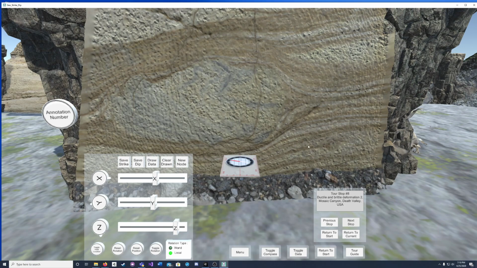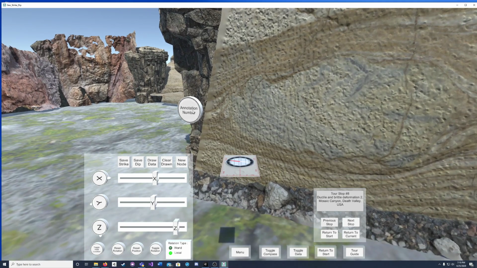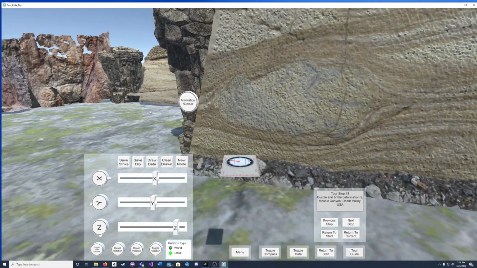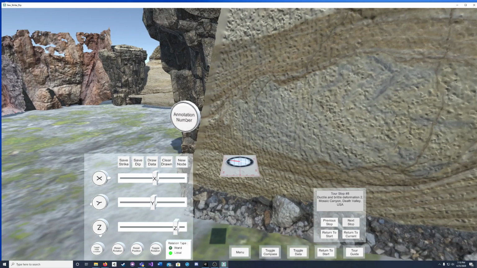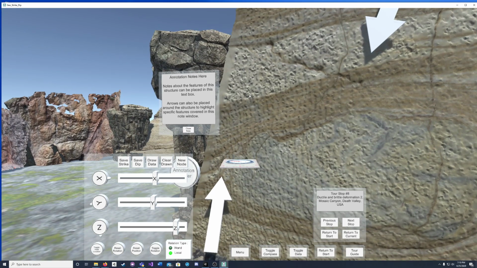So another thing I'll highlight here is if you would like to really highlight any specific aspects of any of these formations, I added little notation or annotation nodes. You can have the front of this button say a number or a letter, whatever format you'd like. But whenever your user clicks on it, it will bring up a text box window where you can add more annotation or notes, more information about whatever element you'd like to have featured.